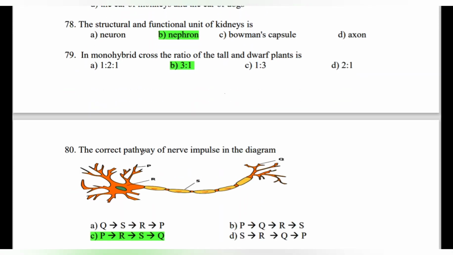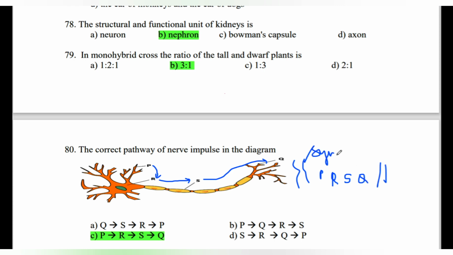The correct pathway of nerve impulse is, that is P, that is dendrites, again to R, that is cell body, again from cell body to the axon, again from axon to the nerve ending. Now it sets off a chemical reaction, that is the gap between two neurons is synapse. Again the same path is involved, that is dendrites, cell body, axon and nerve ending of another neuron until it reaches brain and the muscles, that is the nerve impulse.